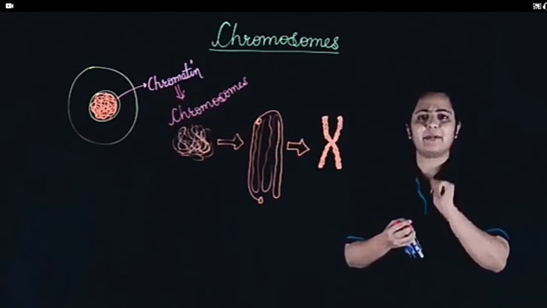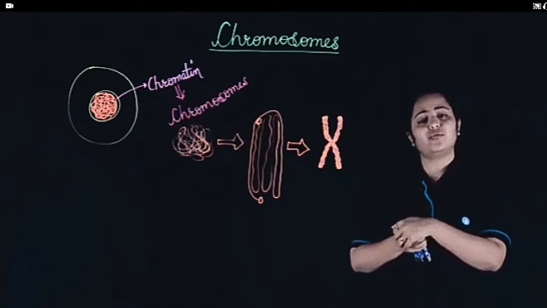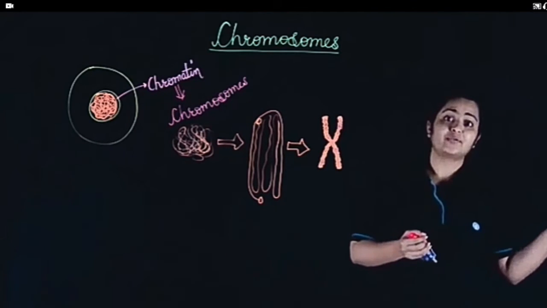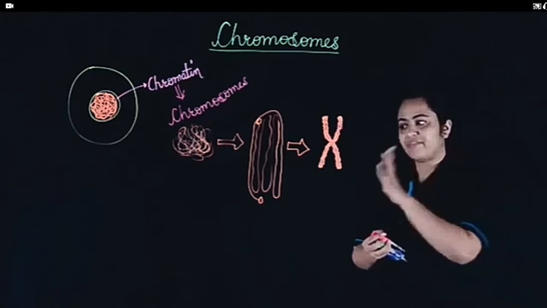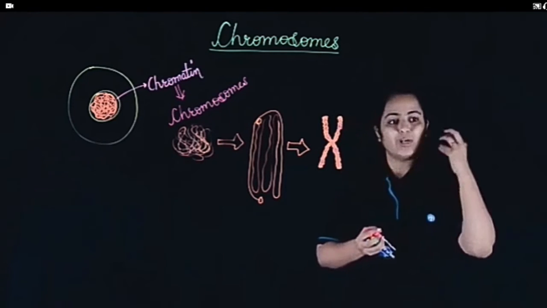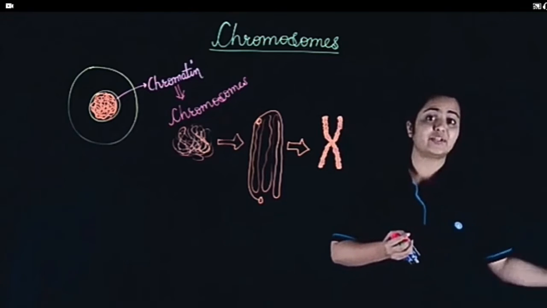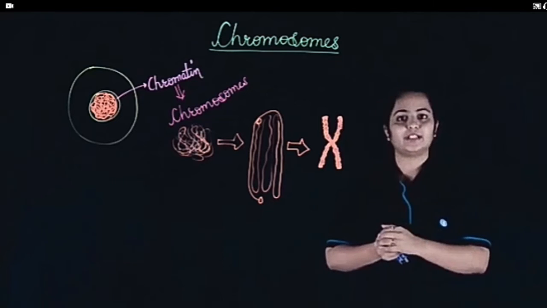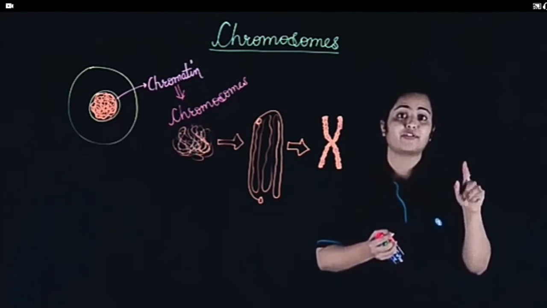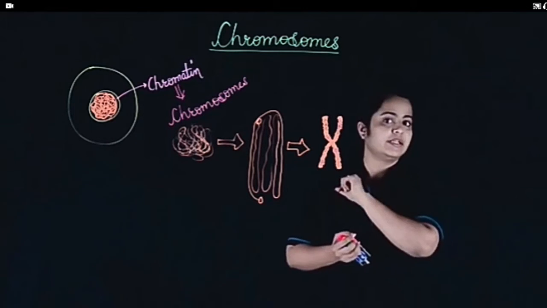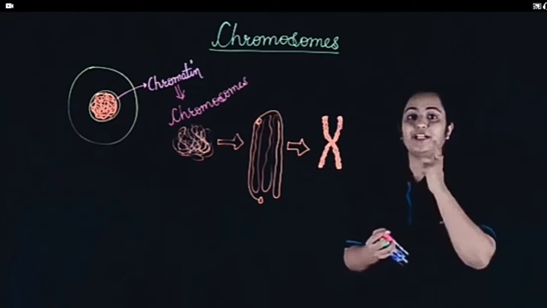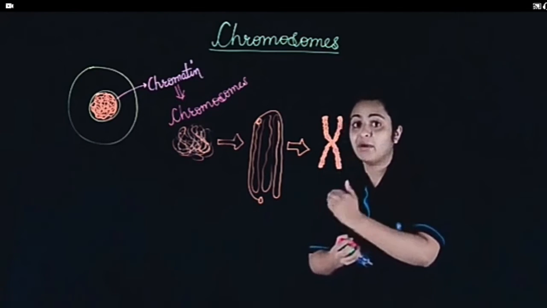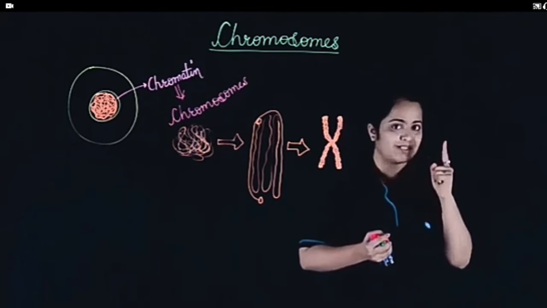Are all the chromosomes the same in our body? I mean, do you think every chromosome will be like this? No. Firstly, the number of chromosomes in every individual species is different, right? Every individual will have the same number of chromosomes as the other individual in its species. One human being will have the same number of chromosomes as another human. But humans will not have the same number of chromosomes as plants or other animals. Yes, the number of chromosomes will be different for different species.